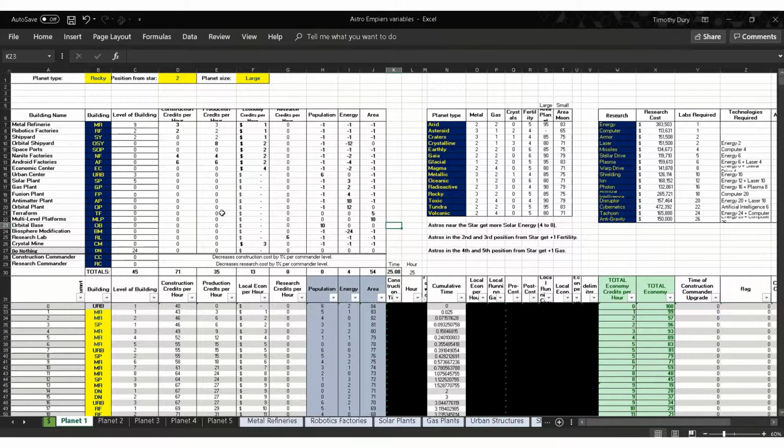This is essentially a lot like the battle calculator for the game, but instead of being for the war aspect, it's for the infrastructure aspect. It's really easy to use. I'm just trying to think of which order I should tackle this in. Let's talk first about how to use it, and then some of the setbacks and areas where it falls